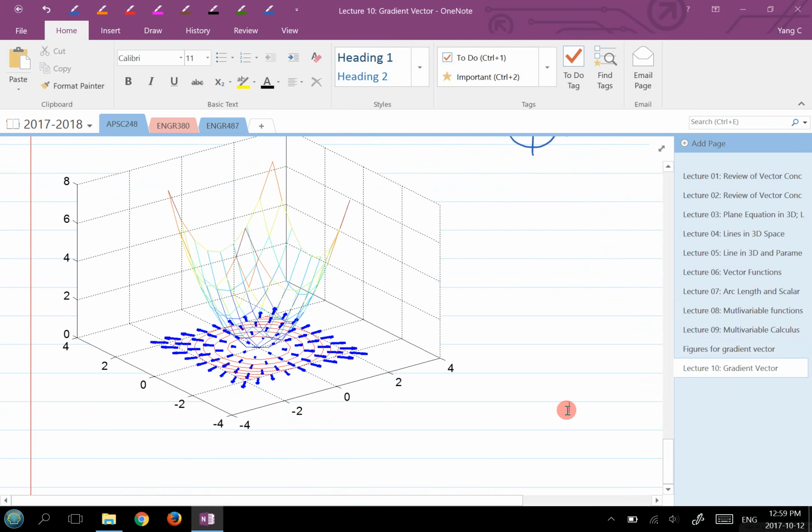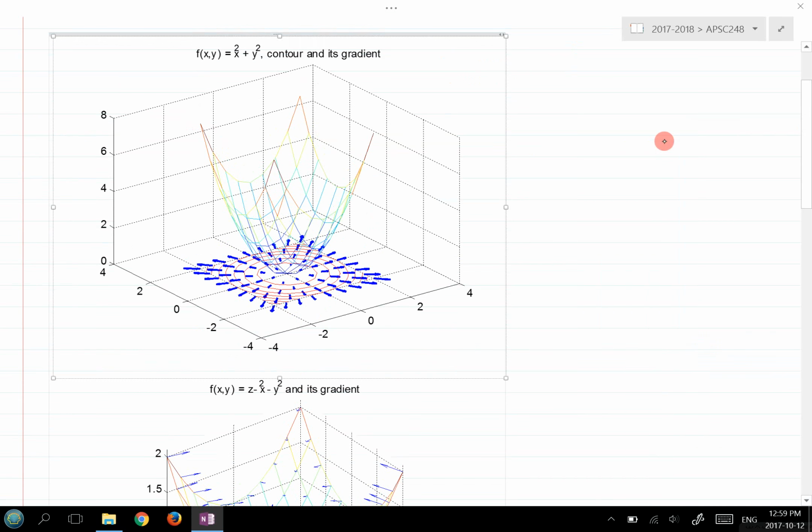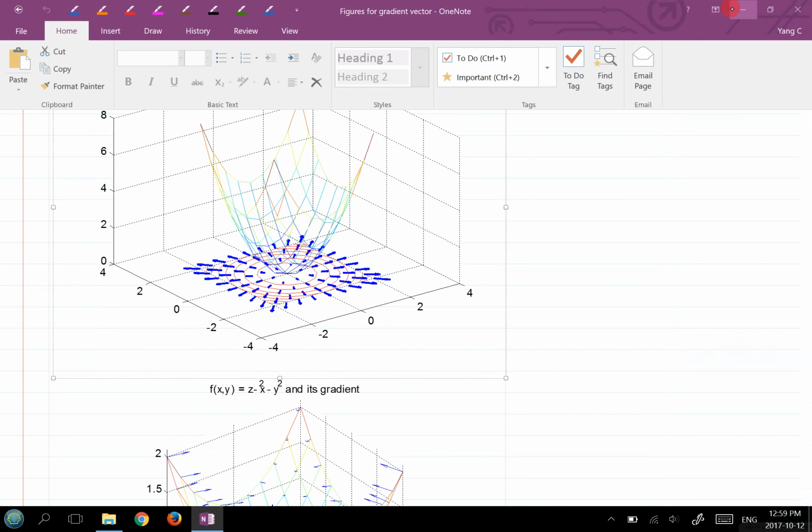Basically you can see all the level curves and all the gradient vectors here. Okay. So the next thing I want you to do now is